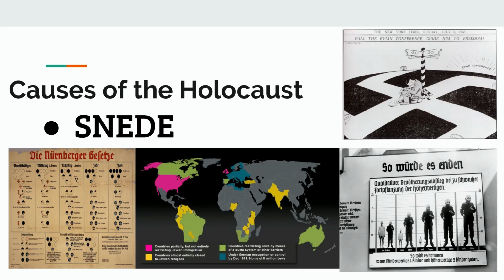The United States is going to play a role in one of the causes of the Holocaust. The United States was not a good example during the 1930s because the United States was also segregated. Remember, we had blacks and whites that were divided during this period. So the U.S. wasn't a good example, which the Nazis could pretty much look at the United States and say, look, they're separated. Maybe we should do the same. So segregation definitely plays a role in one of the causes of the Holocaust.